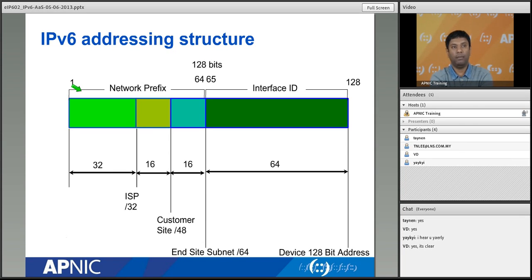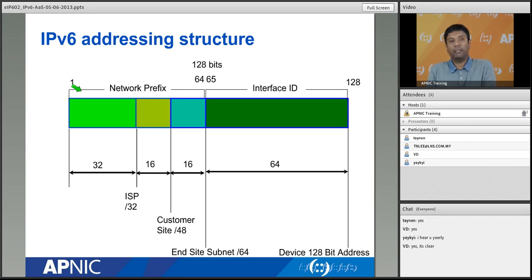Let's have a look at further detail of the network prefix. In the network prefix, out of the 64 bits, the first 3 bits in binary are reserved for unicast operation or unicast function. That is why, if you see the first 3 bits, IPv6 unicast addresses start from 2000::/3. Then from bit 4 up to bit 12, which is 9 bits, is used for further subnetting on